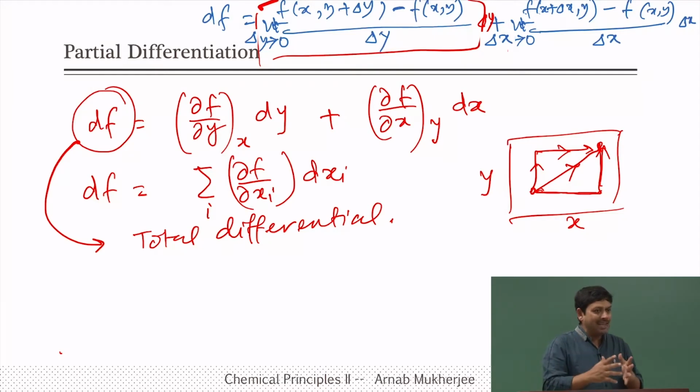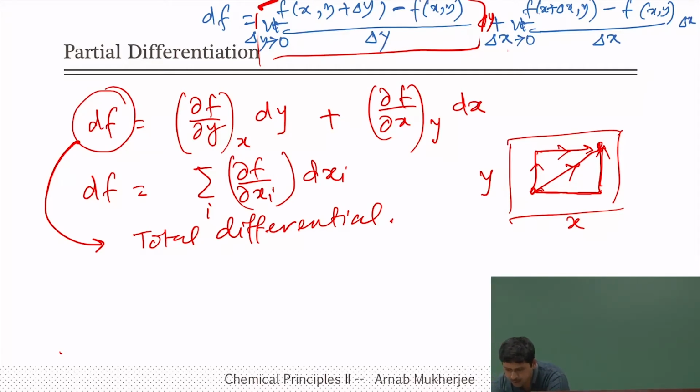Okay. So, that height, we can call it an exact differential. Whereas, if you get to a property where if you change the path, then you will get different values, it will be called an inexact differential. Now, we will see that later on, but before that I just want to show you how this partial